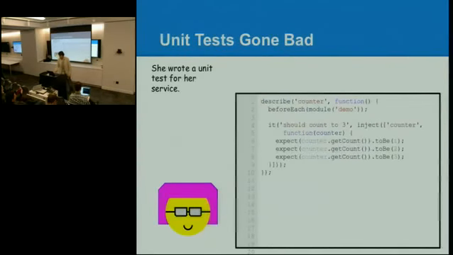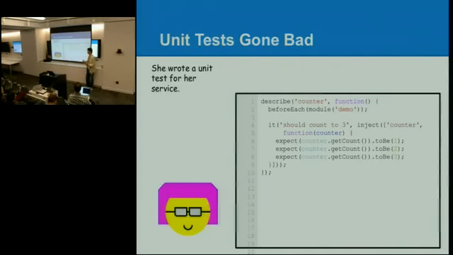So, a programmer writes a unit test for this service. This syntax right here, beforeEach module demo, is one of the AngularJS hooks into the Jasmine unit testing framework. You can invoke this module and have all of the services of that module ready for use in your unit tests. So here we've got an injector that injects the counter service into this function, and we use this service